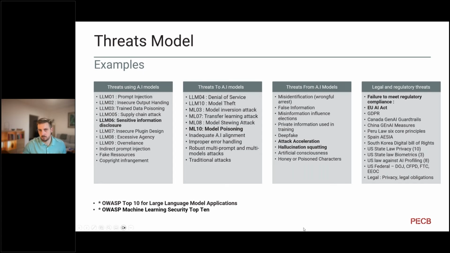We can also talk, when we talk about threats to AI models, about model poisoning. Model poisoning is when an attacker, or inadvertently someone, introduces harmful data into an AI model's training set to corrupt its learning process and outcomes. Let's take an example in the automotive industry. You can think about the consequences. Introducing harmful data in the training set of an autonomous driving AI can, of course, cause unsafe driving behaviors of this automobile.